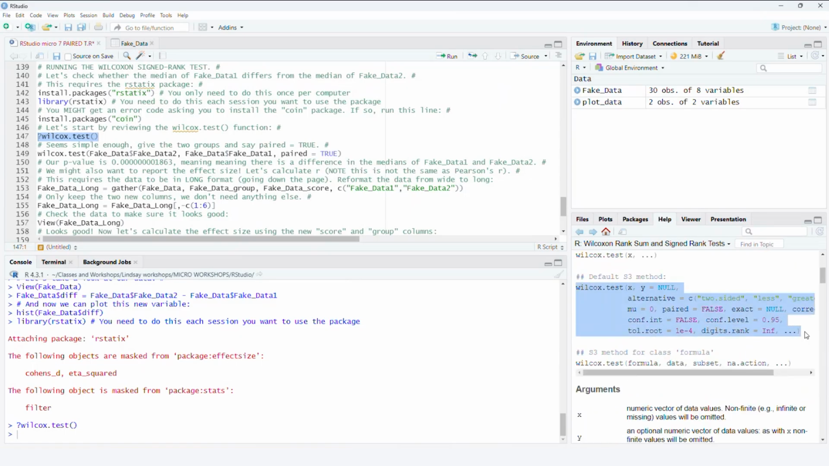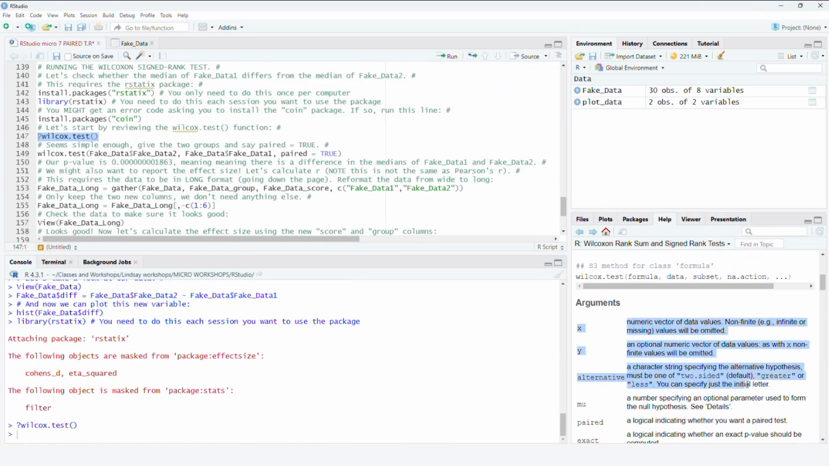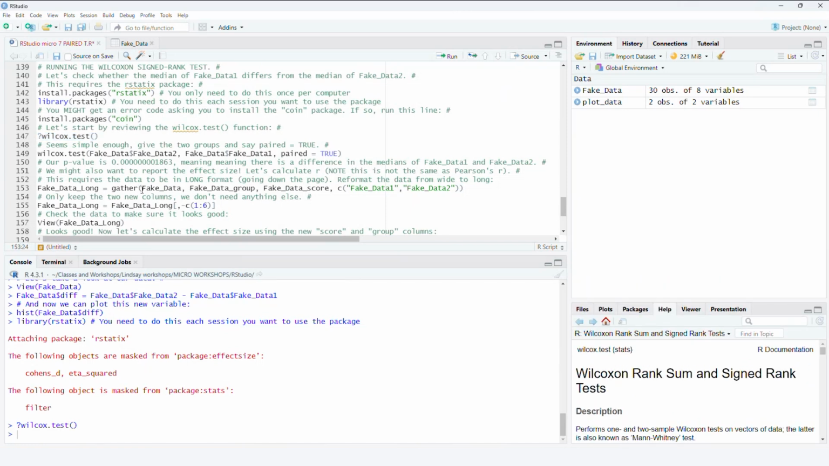It's got a lot of different information in here, and some of it might not be super user-friendly. It gives you all of the arguments with some additional language that might not be super user-friendly. So let's walk through it together and see what we're actually doing here. I'll make this smaller. So we're going to give the two different groups we're comparing and say paired equals TRUE. That's all you need to do today. You say wilcox.test(fake_data$fake_data2, fake_data$fake_data1, paired = TRUE